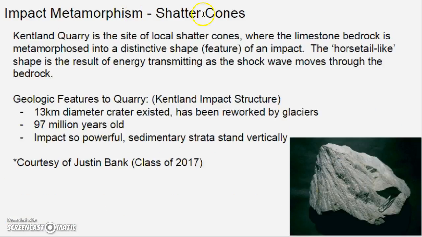And last but not least, we'll look at shatter cones. The Kentland Quarry is a site of local shatter cones where limestone bedrock is metamorphosed into a distinctive shape of an impact. The horsetail-like feature or shape is the result of energy transmitting as the shock wave moves through the bedrock. So 97 million years ago, there was an impact that was so powerful that the sedimentary rock strata actually are vertical. They are not horizontal the way we find them